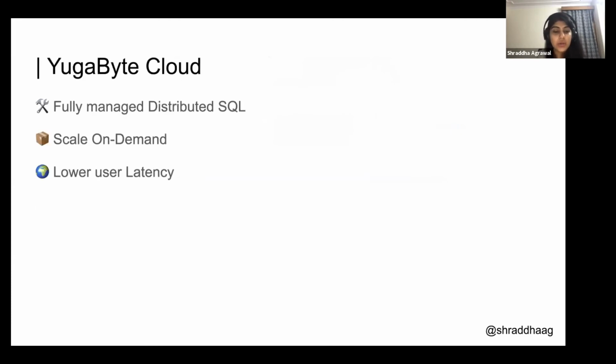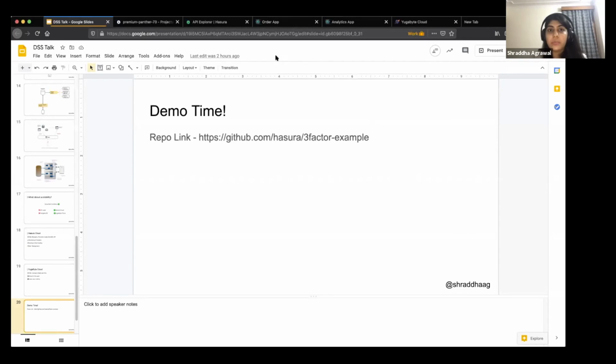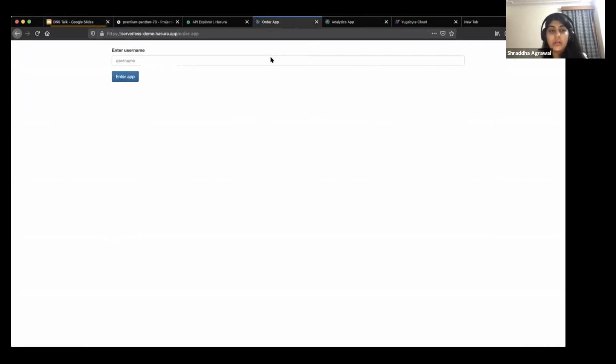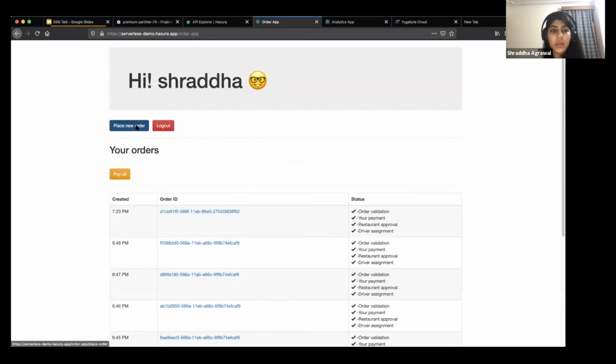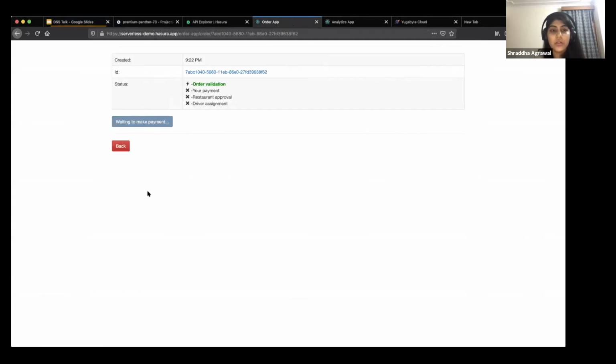So let's look at a demo. I have a very simple food ordering app here. I'll just place an order for a donut and a mango. As you can see, there are 4 serverless functions running.